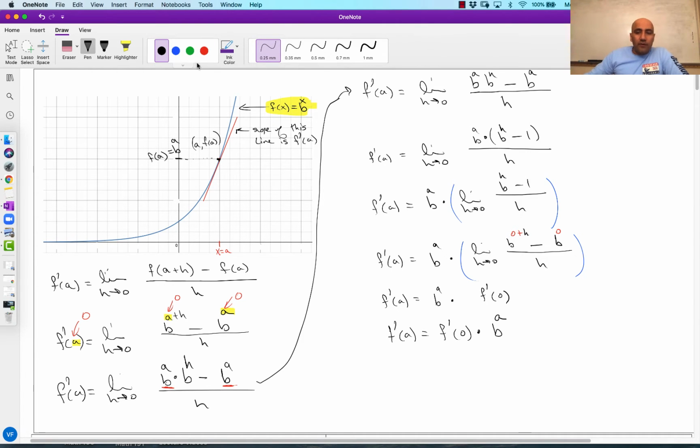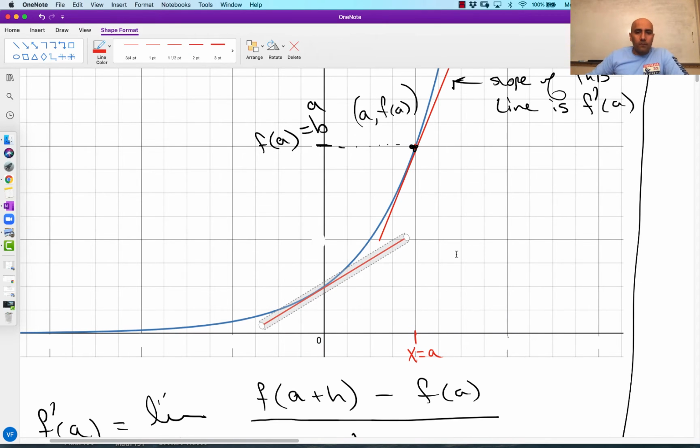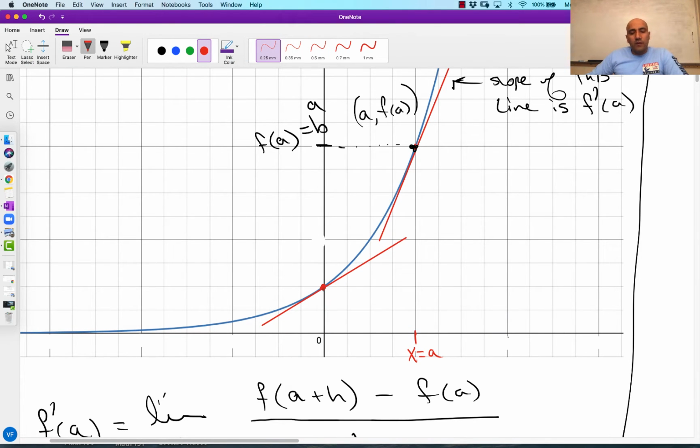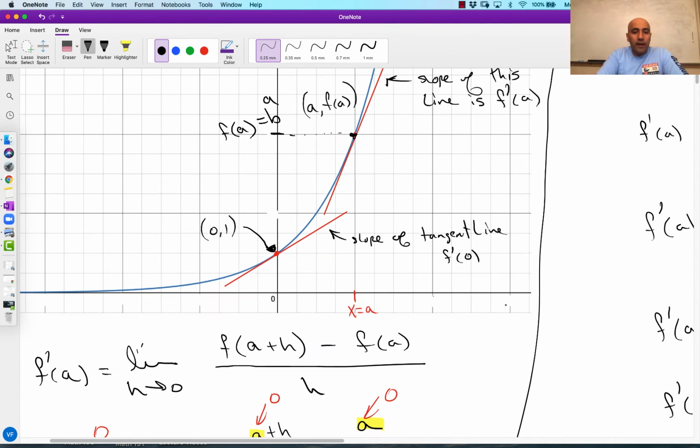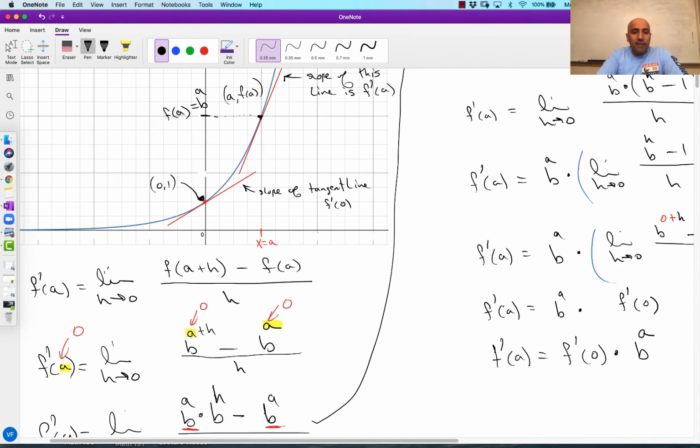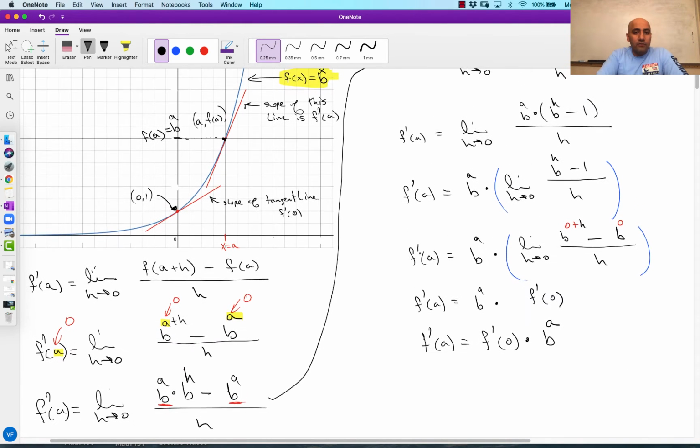So let's put it into our graph here. At 0, this is going to be 0, 1. It's going to be that point right there. And then the slope of the tangent line at point 0, 1, well, that's going to be f prime of 0. Well, okay, we don't know what that is. It depends on the actual value of the function. But the interesting thing is that it's going to be some constant, right? Once you figure it out, you only have to figure it out once. And once you figure out what that is, then in order to find the derivative of any value in that function,